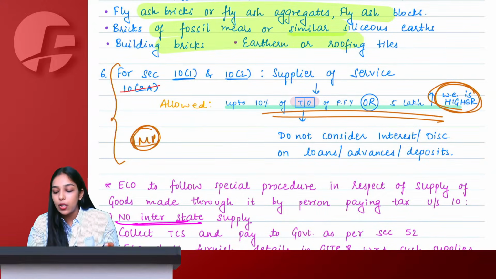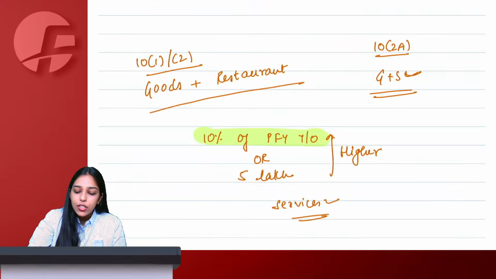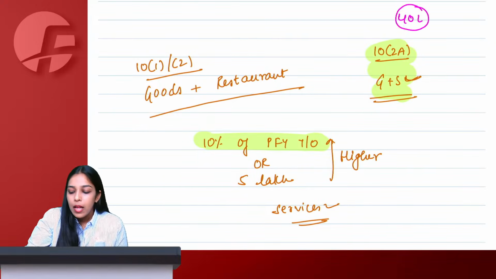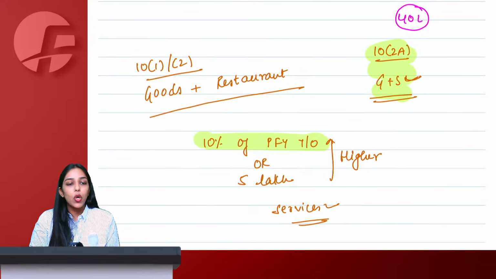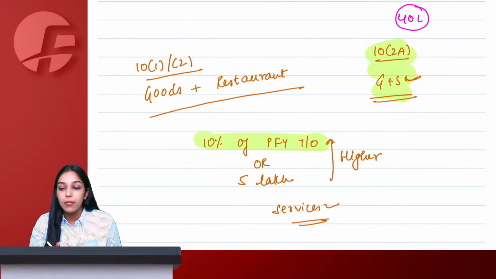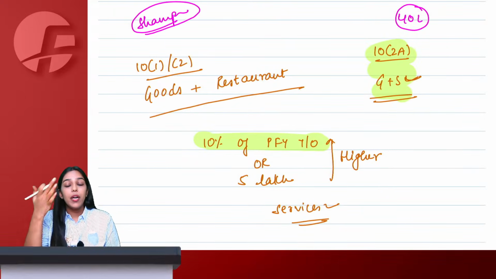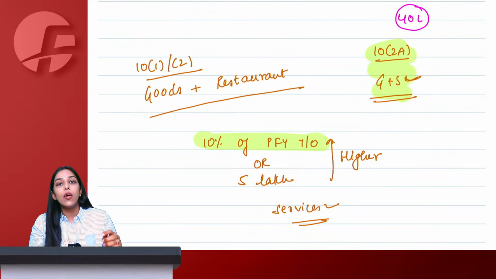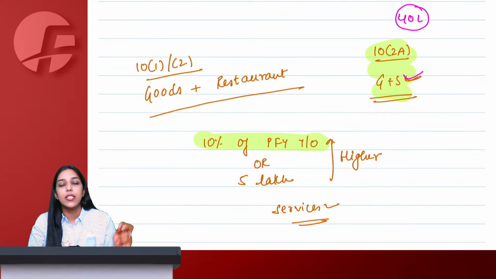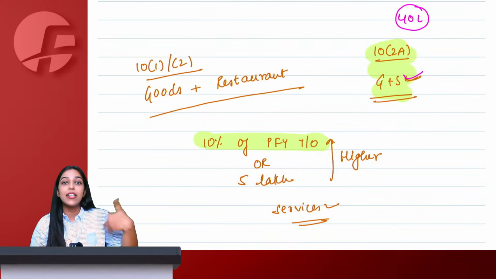I'll just take one extra minute to explain why. Chalo, can anyone tell me why? Under section 10(2)(a), let's say I'm a hairstylist and my turnover is only 40 lakh. A hairstylist is basically a supplier of service. I want to opt for composition scheme. Now, along with providing hairstyling services to my customers, I also started selling shampoo. Let's say Praveen is the hairstylist, and he also started to trade in shampoos. Shampoos are goods. He started trading goods along with services. He started saying, hey, use this shampoo and your hair will be just like Riddhi ma'am. And people started to purchase shampoo.